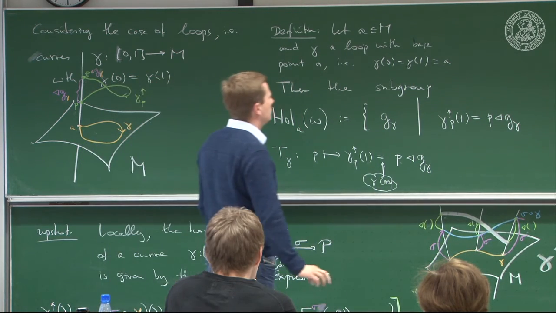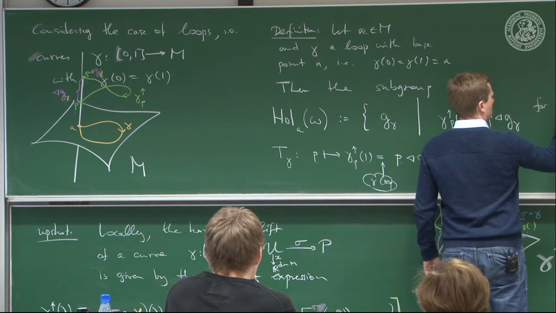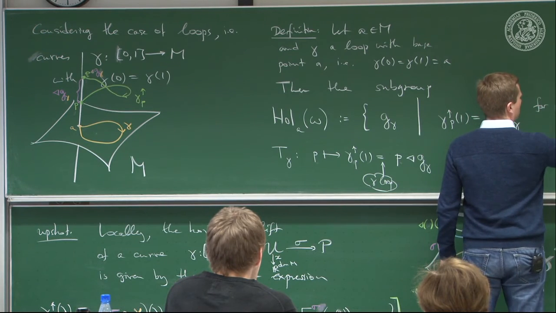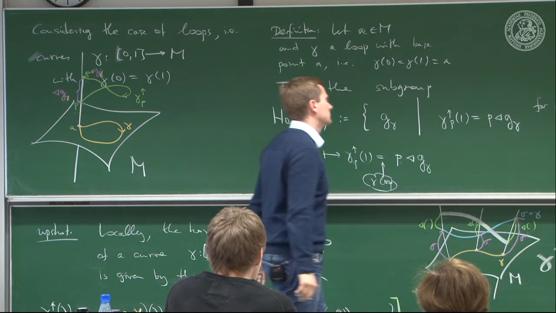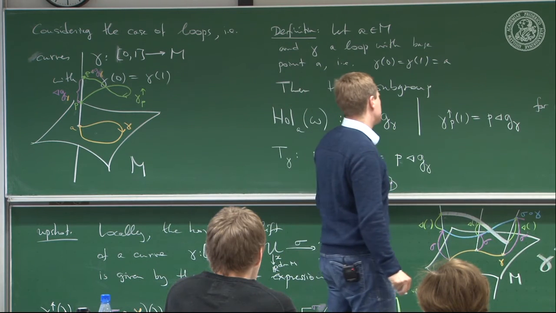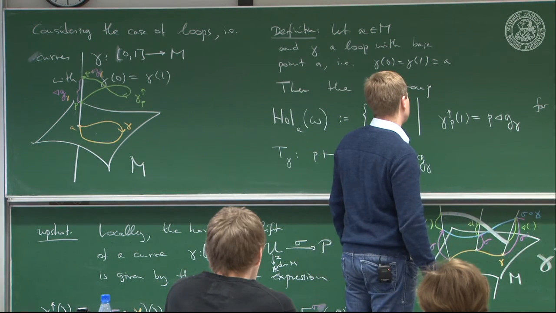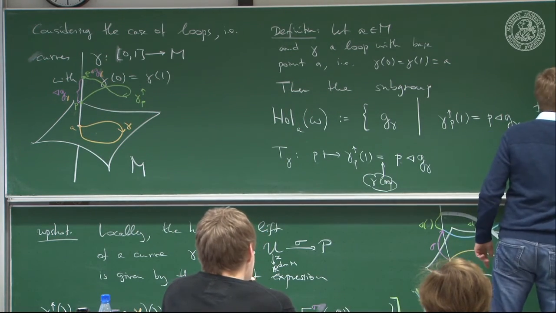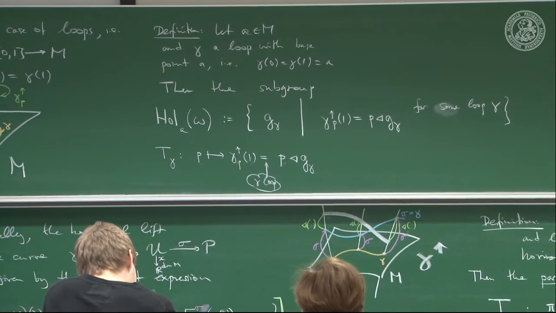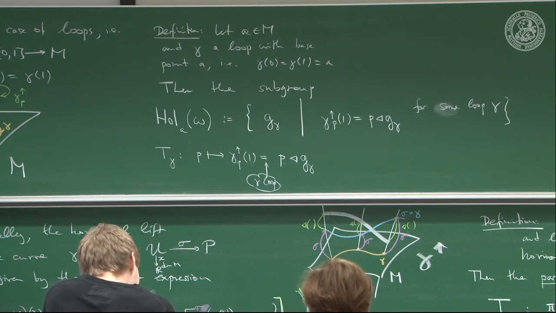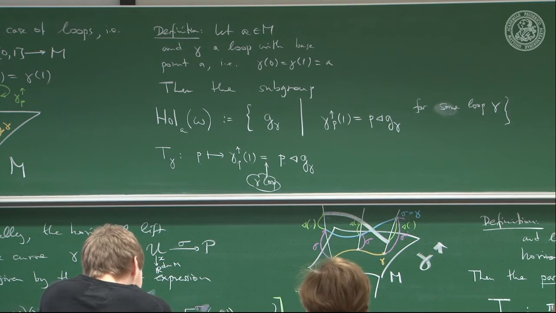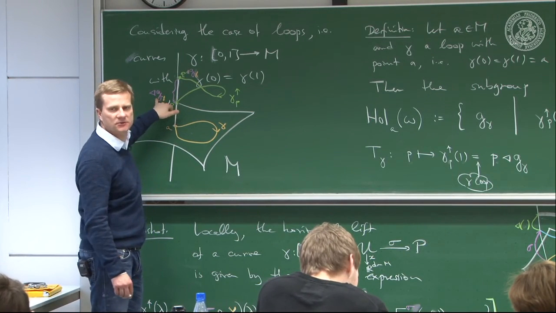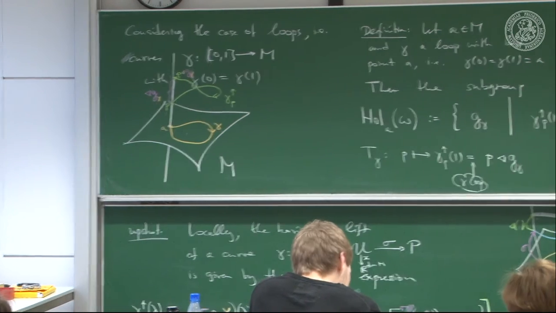For some loop gamma, full stop. Okay, so the idea is start where you wish and then take all possible loops and come back to there and see what results you get, but express the result by how far you had to move this point by a right action. And obviously this whole thing is a subgroup